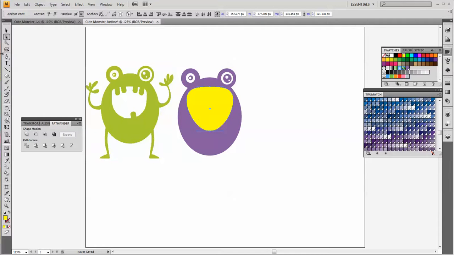Now I'm going to click and hold on the pen tool and get the delete anchor point tool and click on this to delete it. There we go, almost finished. Now I'm going to get the selection tool and click on this bottom part here. I'm going to move it up a little bit, and it needs to be a little bit wider at the bottom, so I'm going to click the scale tool